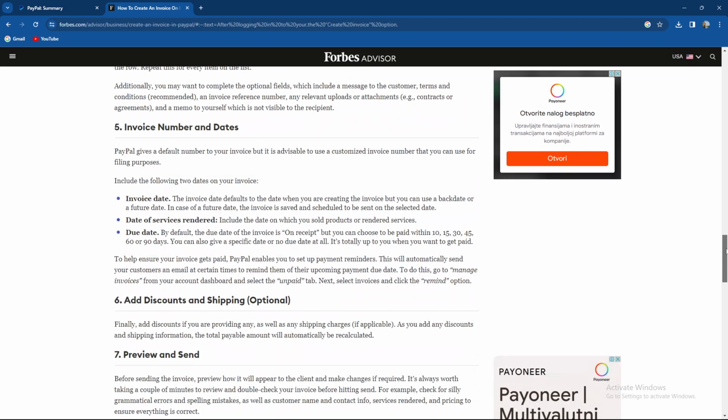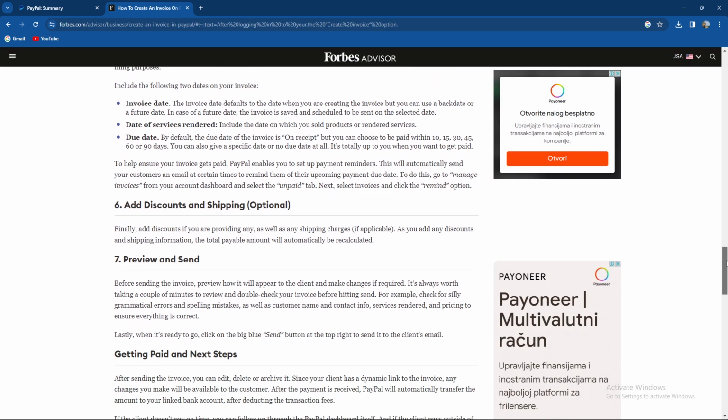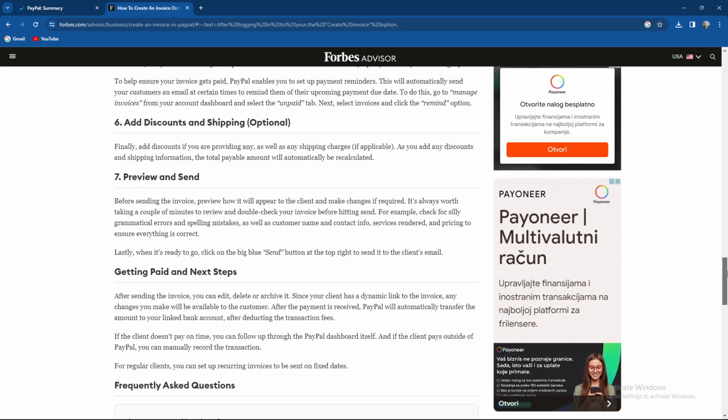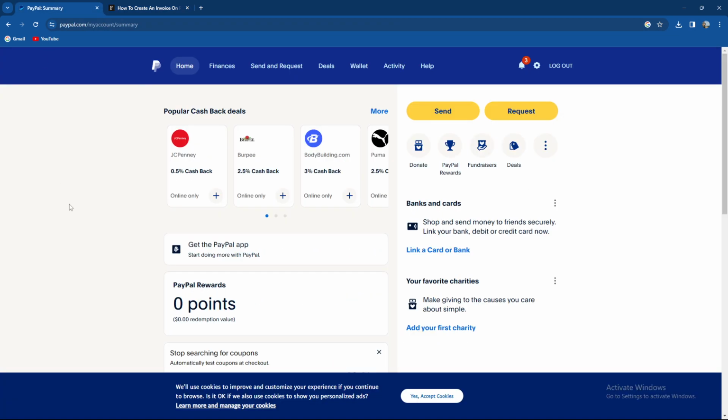And also guys, we have a couple more steps, which are invoice number and date, add discounts and shipping, which is optional, and preview and send. Basically the seventh step is, before sending the invoice, preview how it will appear to the client and make changes if required. The final step is, of course, the invoice is paid and you got paid and your business